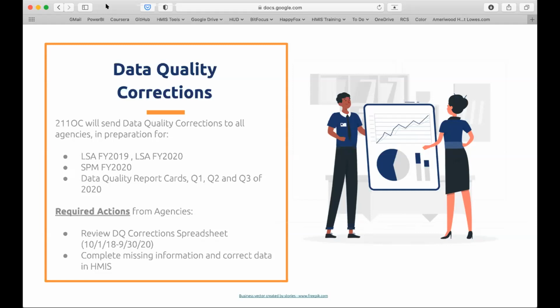So pretty much, again, as Aaron was saying, we're playing catch up on data quality and doing all the things that we were not able to do because of the pandemic. So the good thing is that you're going to be able to do all the corrections at once. Any questions about this? Looks like no.